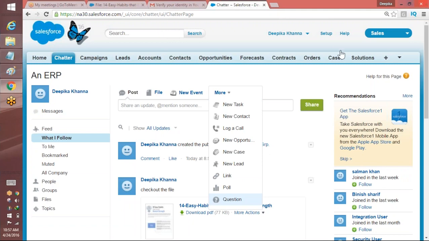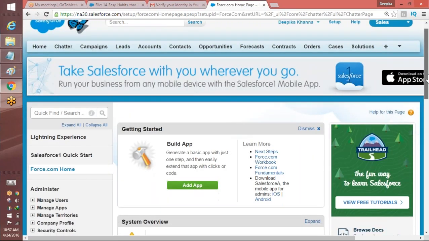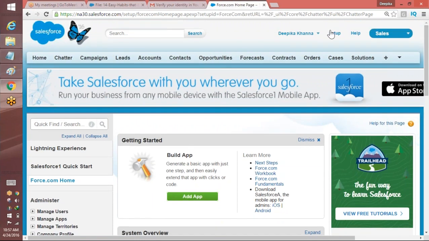Okay, so then we have to go to the setup and you have to add that new position. I mean, are you following? So you go to the, I'll repeat if you want me to. So now what you have done is you have created the global action. Manish, are you following? Okay. So you go to the global action, and then what you do is you click on the